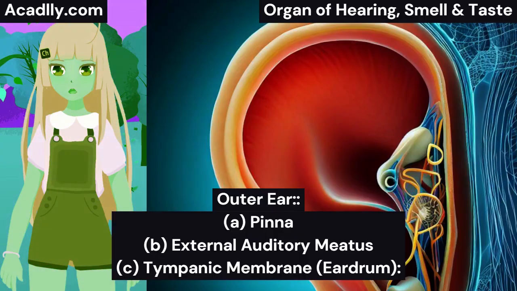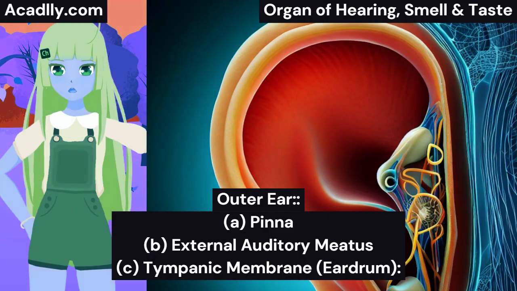B. External auditory meatus. This canal is lined with fine hairs and glands that produce wax, which helps prevent the entry of germs, insects, and dust particles. It allows sound waves to pass from the pinna to the eardrum. C. Tympanic membrane, eardrum. This thin membrane vibrates when sound waves reach it. It separates the outer ear from the middle ear, and transmits sound waves from the outer ear to the middle